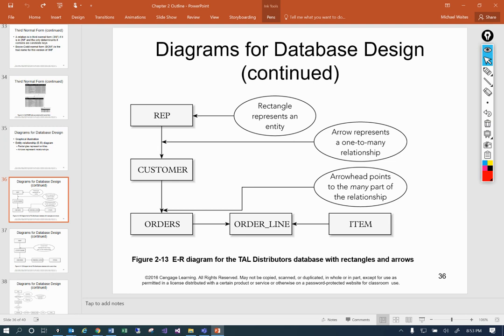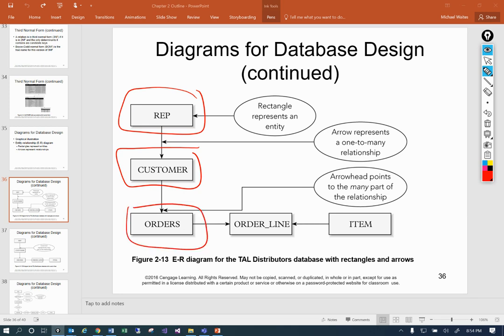There's plenty of different ways to do it, and when you start using different tools, each tool kind of has its own way of doing it. But for most people that are used to ERDs, we can look at an ERD and pretty quickly understand what you're trying to accomplish. If not, we might ask you to tell us what's going on. But here you can see in this, our squares are our relations, which remember, relations are our tables. So we have a rep and we have a customer and we have an orders, an order line, and an